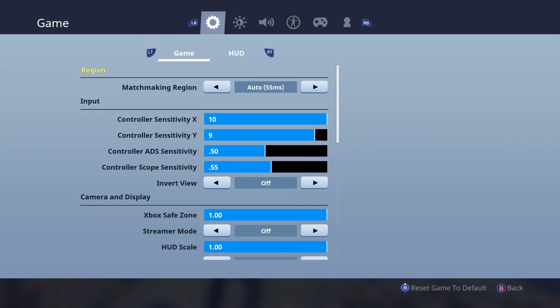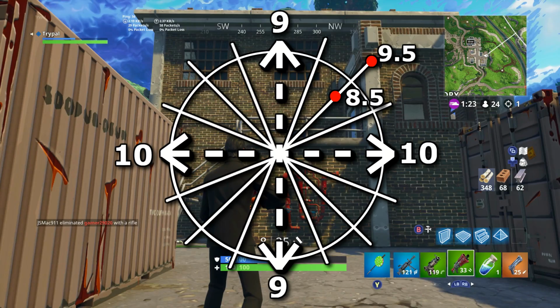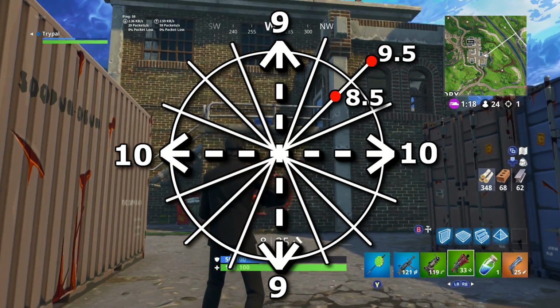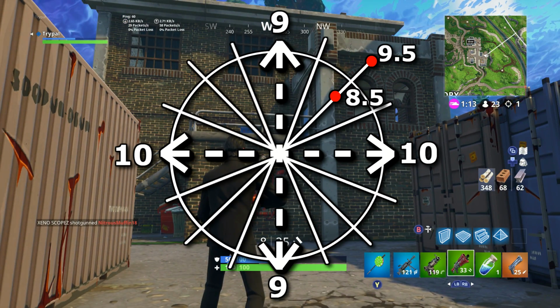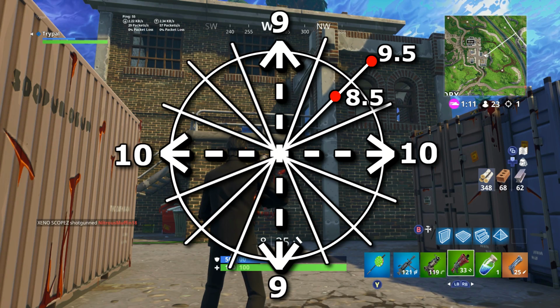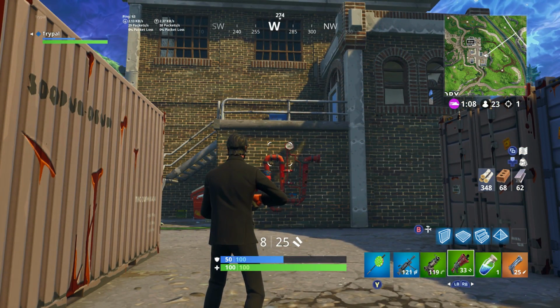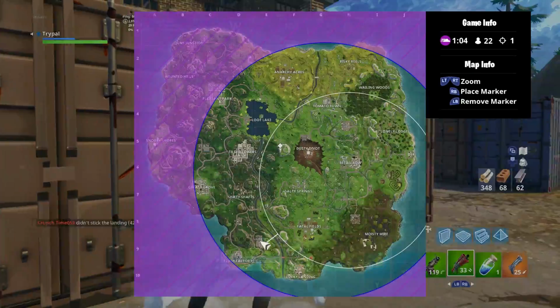So now going back to our 10:9 example, what the update did exactly was, before, you have your X at 10, now Y at 9, what it was doing before is it was stopping at 8.5. It was not reaching 9.5, therefore appearing to be slower, and it was a glitch. Now it's going right to 9.5, even faster than it was before, and so now it's just really fast, and that's why your diagonal feels so much faster than it was